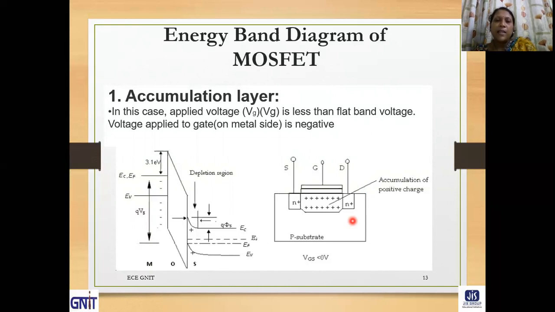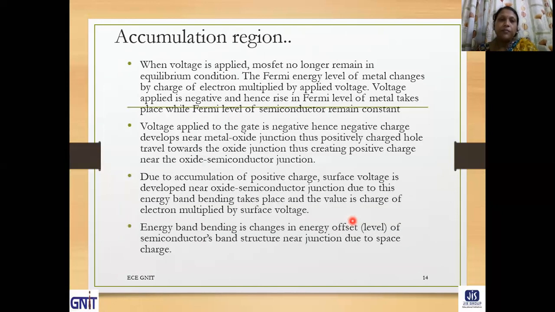condition. In that case, first thing is accumulation layer. In this case, applied voltage Vg is less than the flat band voltage. Voltage applied to gate is negative. When voltage is applied, MOSFET no longer remains in equilibrium condition. The Fermi level of metal changes by charge of electron multiplied by the applied voltage. Voltage applied is negative, and hence rise in Fermi level of metal takes place while Fermi level of semiconductor remains